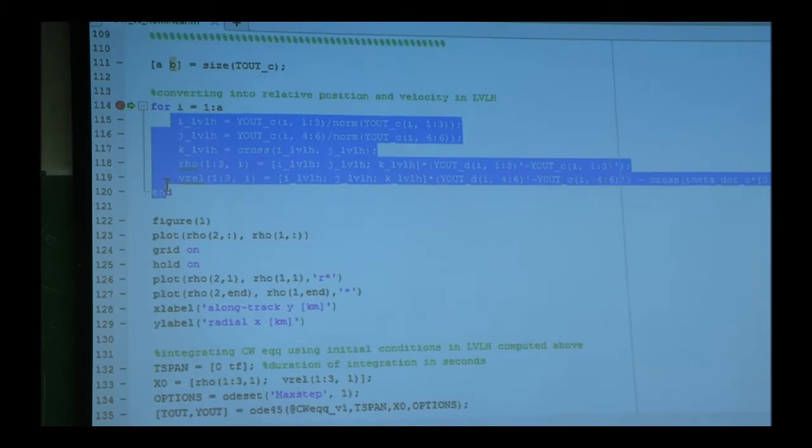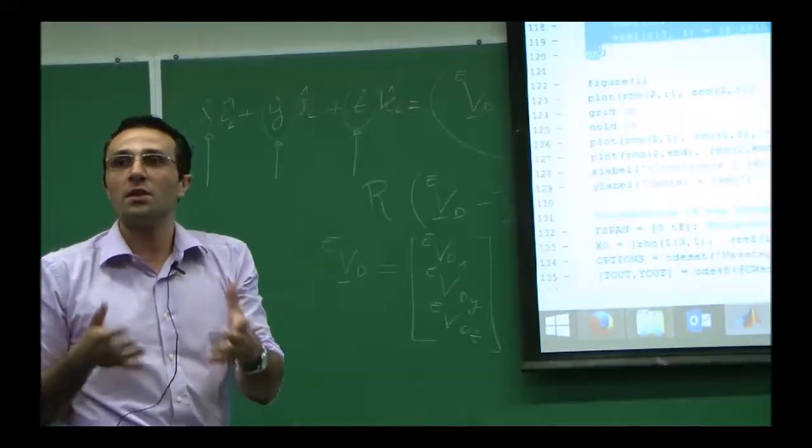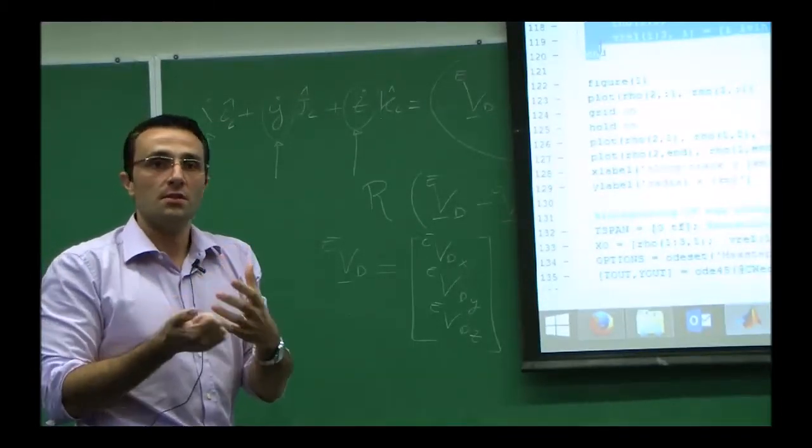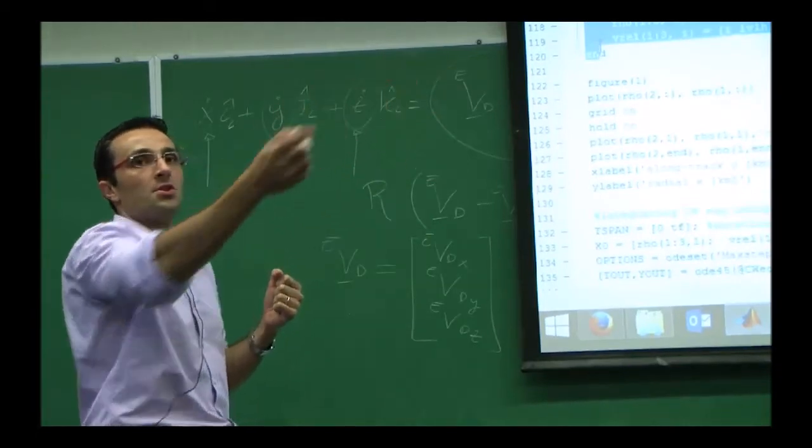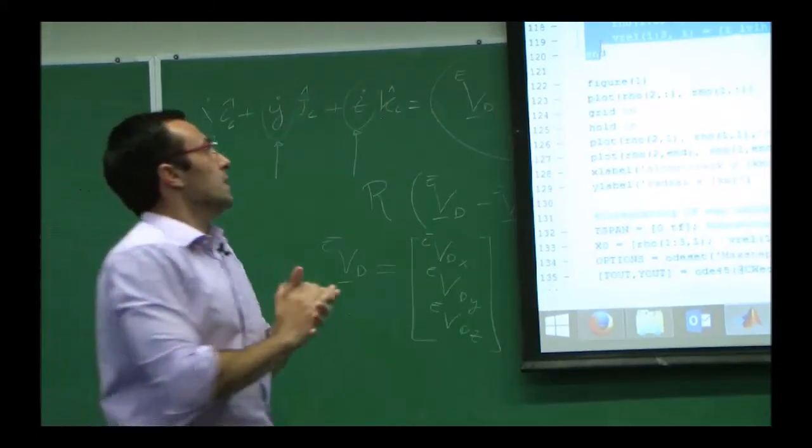So, what do you do? This is the operation of ignoring Clohessy-Wiltshire equations and computing how the chief sees the deputy, little x, little y, little z, at each time step, and how he sees it moving, x dot, y dot, and z dot. x, y, and z, x dot, y dot, z dot are what the chief sees. You're sitting on the ISS, the shuttle is approaching, that's what you're measuring, relative position and velocity, right?